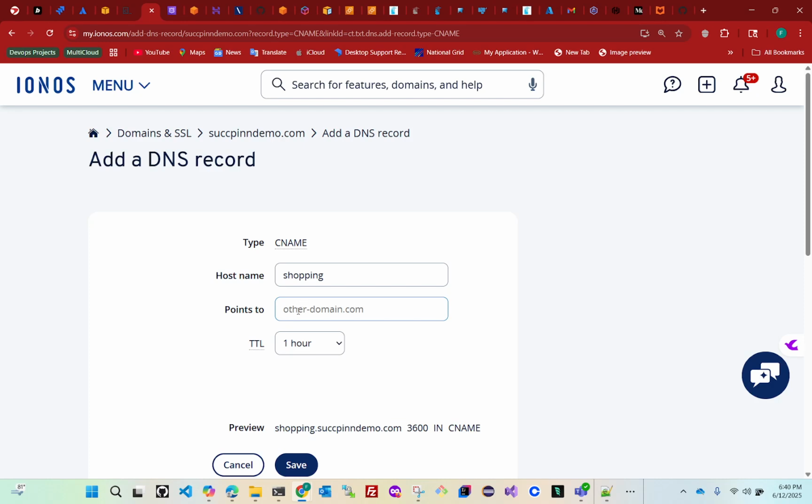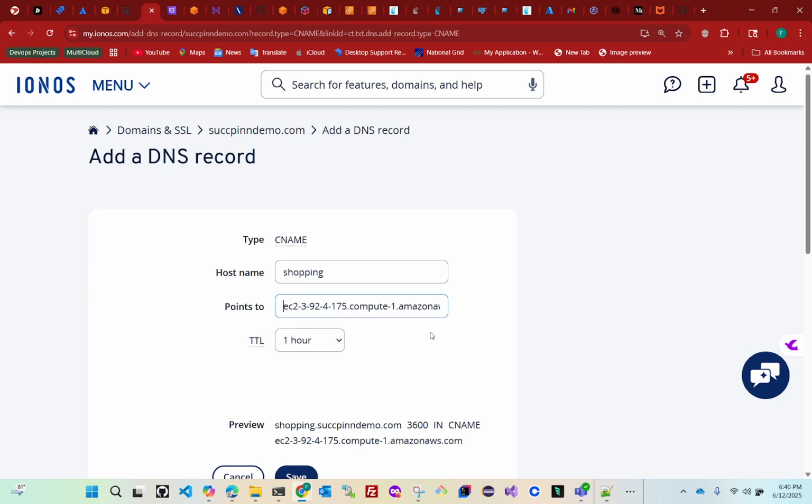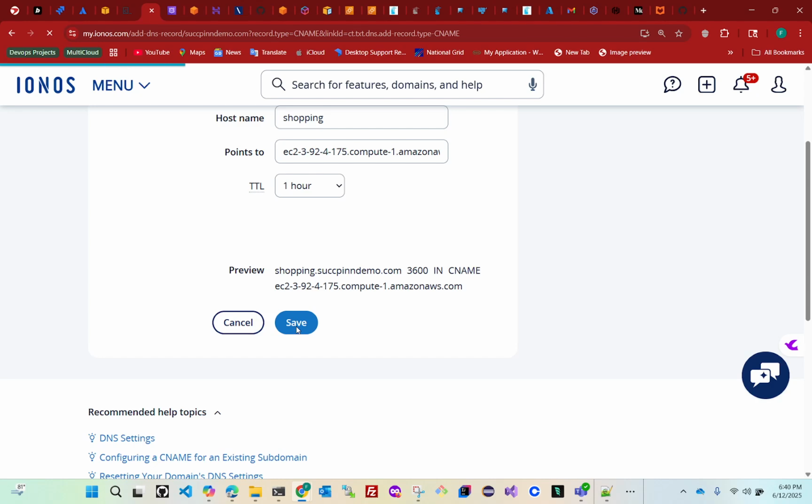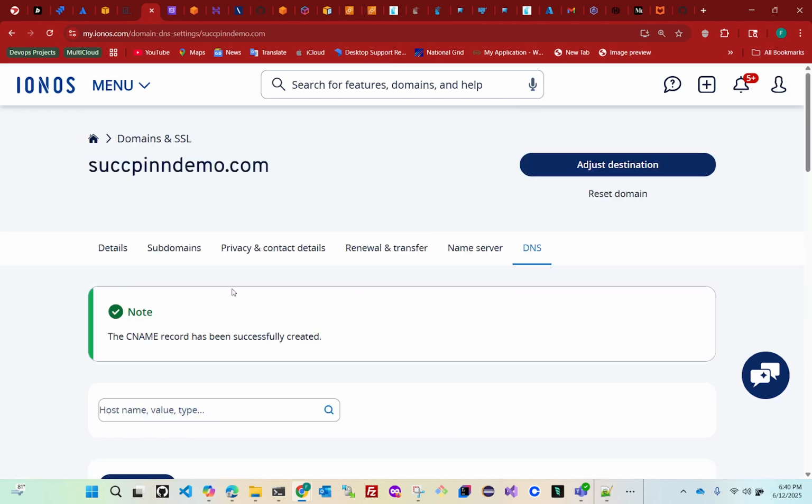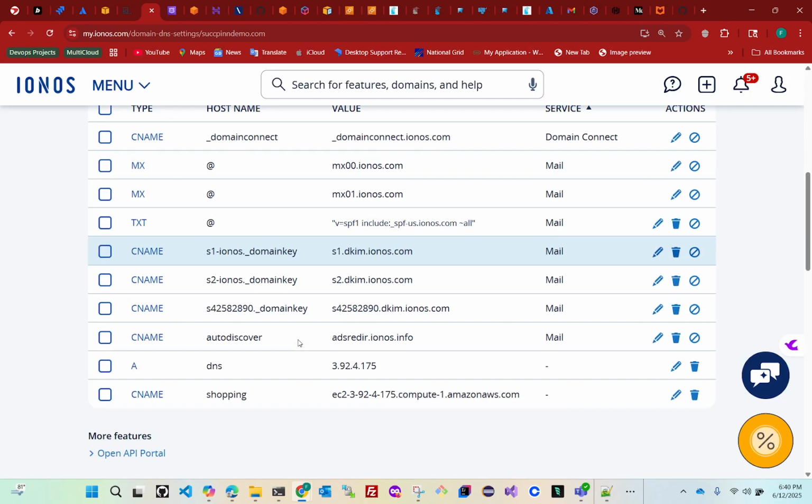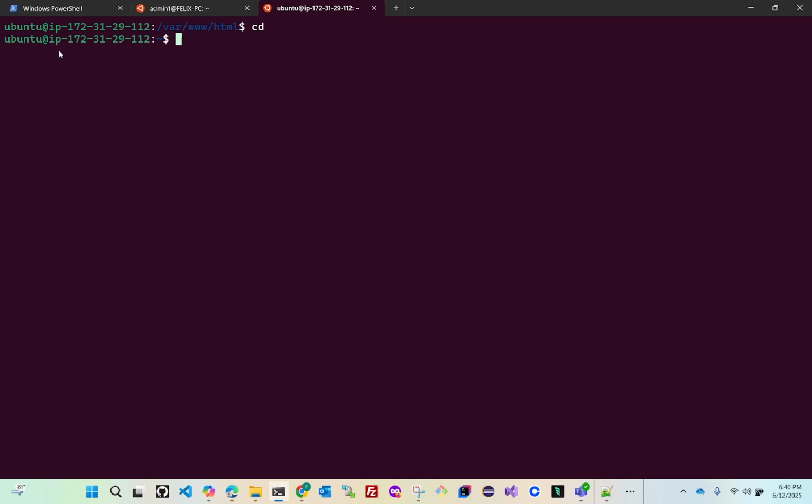Where do I want it to point to? I want it to point to this DNS record. Look at it. This is the DNS record I want it to point to. And I'm going to go ahead and save it. This is going to take a few seconds to resolve. Now, how do we want to confirm if this domain name or this IP address has been resolved into the domain name? You can quickly go to your terminal. This is your terminal. This is our Ubuntu machine that is hosting the server. So what are we going to do? We can use a command called nslookup. nslookup is a command that will enable you to